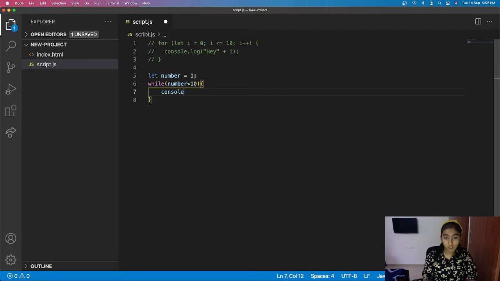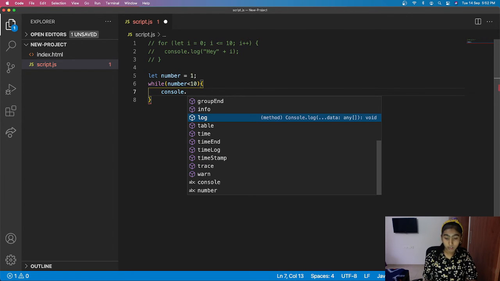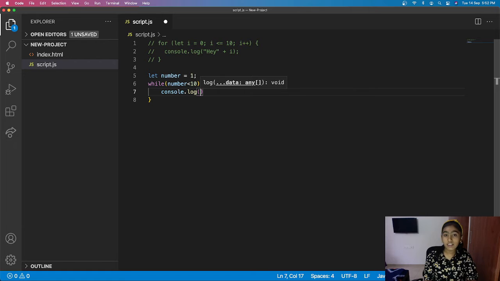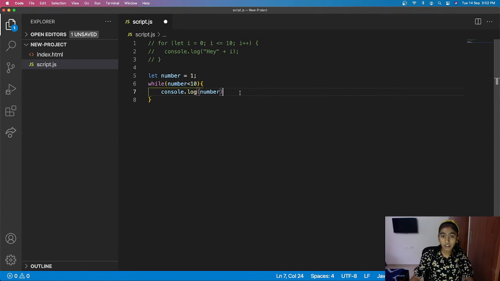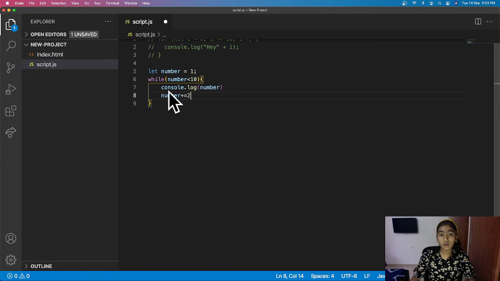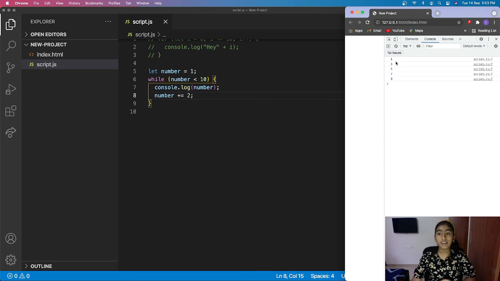So console.log. Now let's write down just the value instead of any word. And then you have to write down the increment or decrement, as I said. So number plus equals 2 means we're just adding 2 to number. You'll just see it in the console. If I save it and go check in the console, you can see 1 3 5 7 and